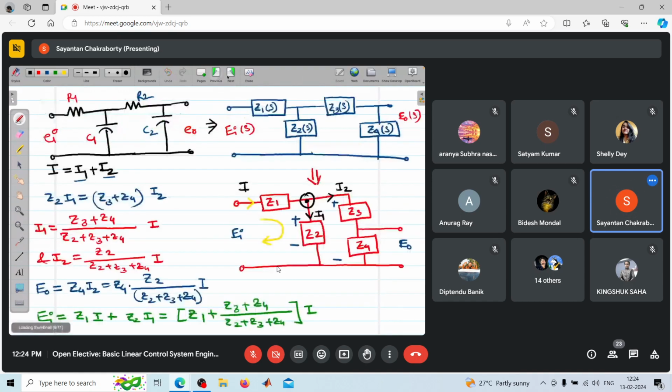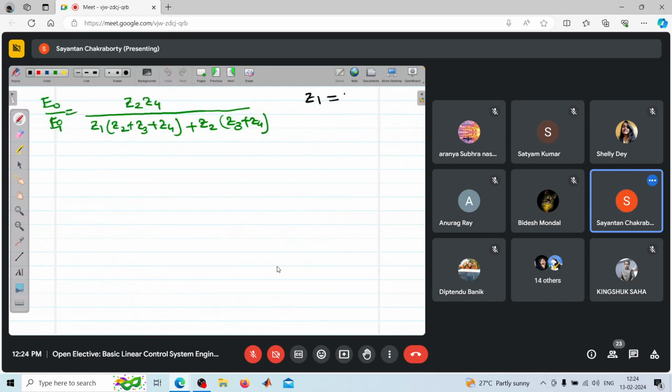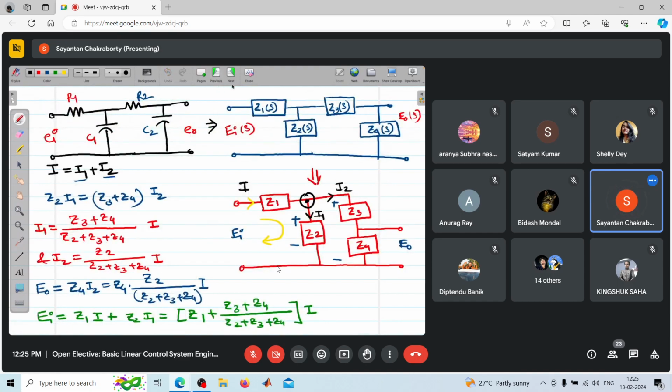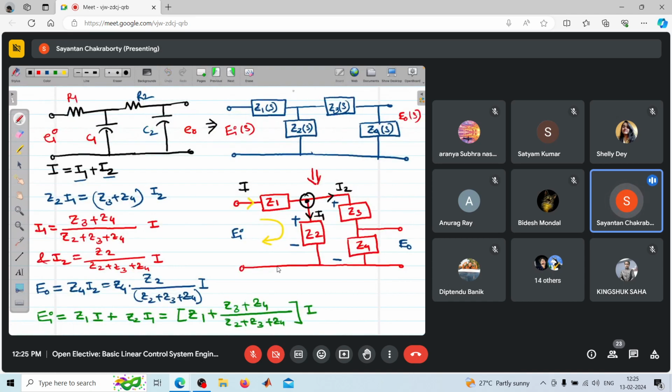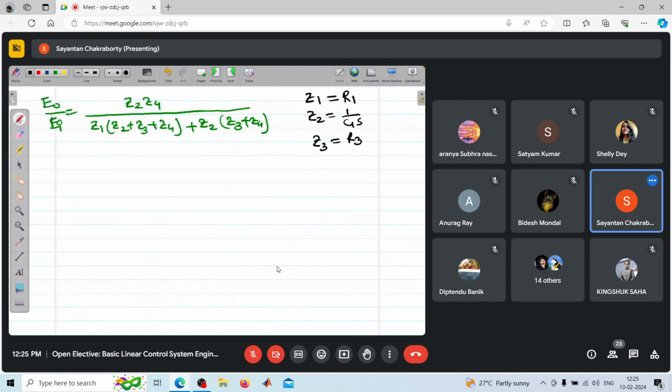Z1 is R1, Z2 is 1 by C1s, Z3 is R2, and Z4 is 1 by C2s. Now if you carry out this expression, then you will find out that it will lead to the same value that we derived earlier, that is 1 upon,